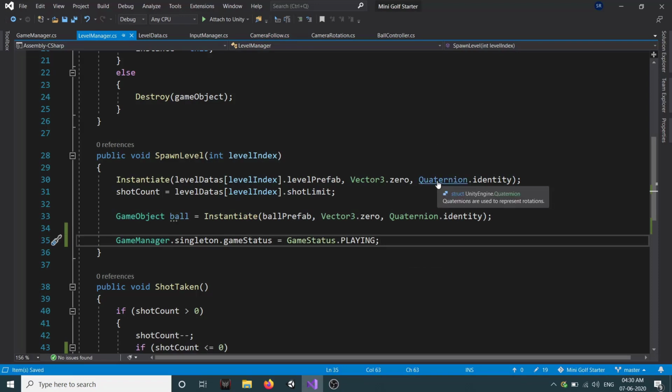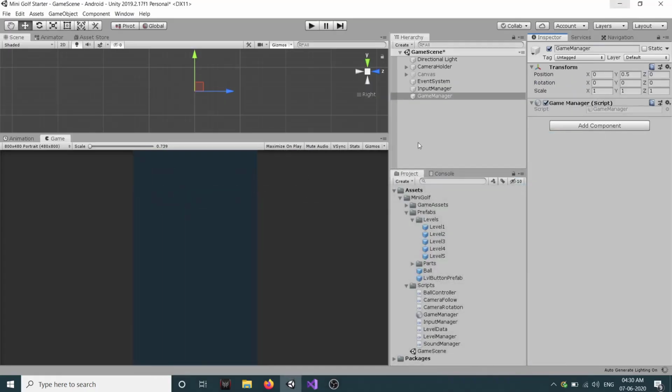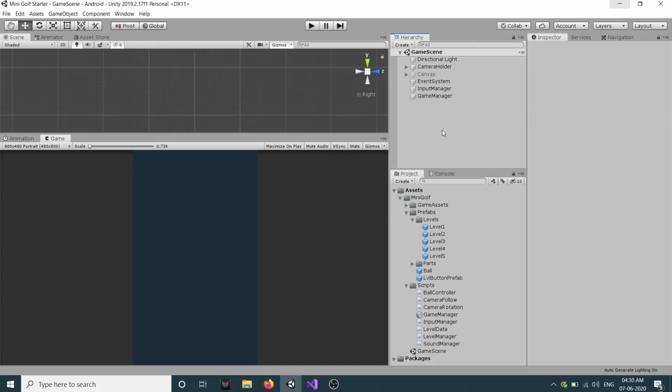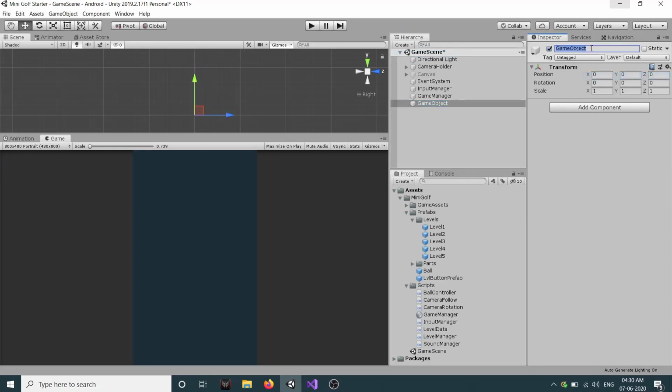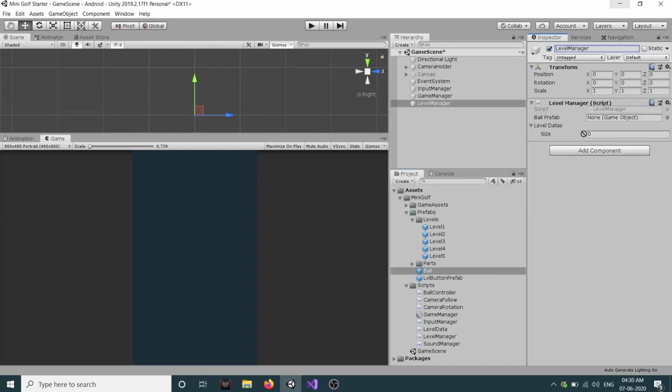Okay, let's save all this and go back to our editor. We have our GameManager, we have our InputManager, we need our LevelManager. Right click and create a level manager. Let's call this LevelManager, and let's drag our LevelManager script to it. We need our level ball prefab, our level size.